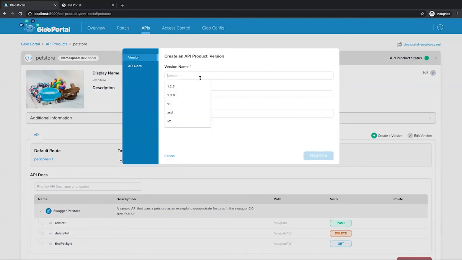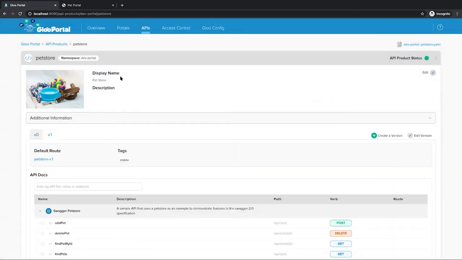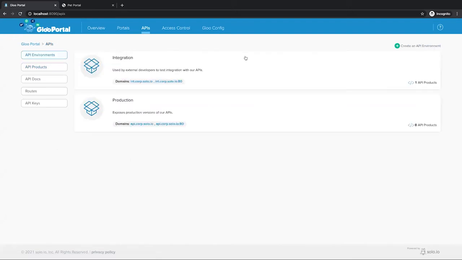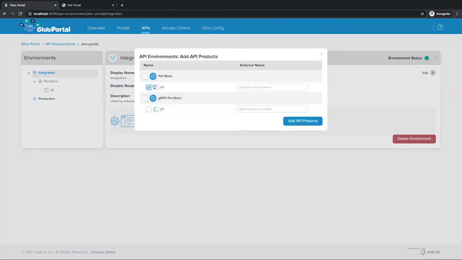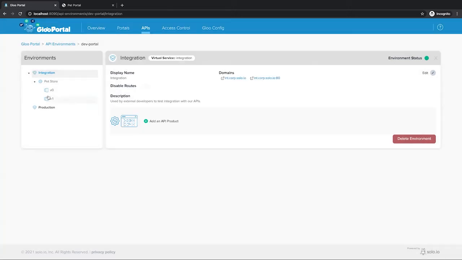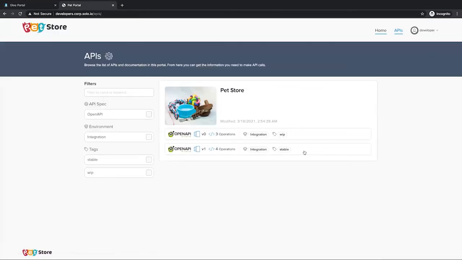I can create V1. And let's assume that the API is going to be stable, so I'm going to add a stable tag. And for V1, I'm going to add that extra operation that I already had included in my service. In a real world use case, you would probably deploy a new version and update your spec. So now that I have defined my service, I can update my environment to publish that next to my V0 pet store. So I'm going to add V1 REST pet store,